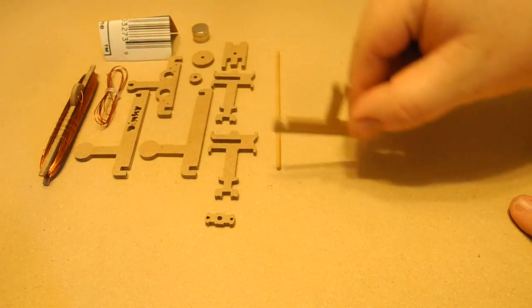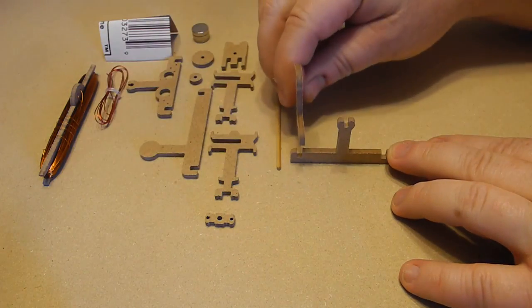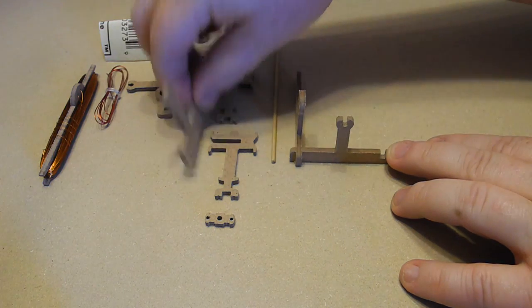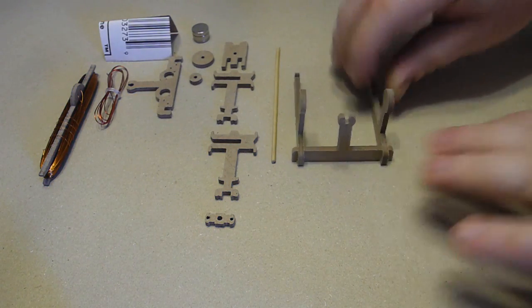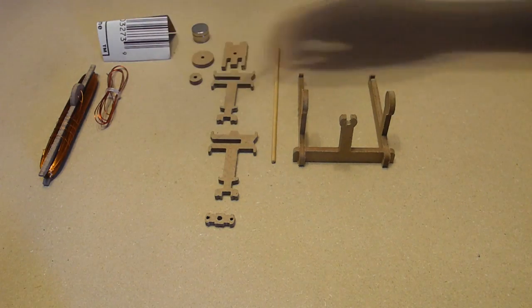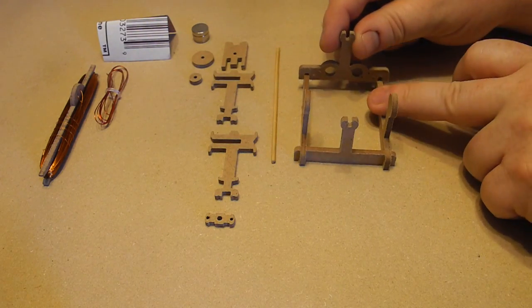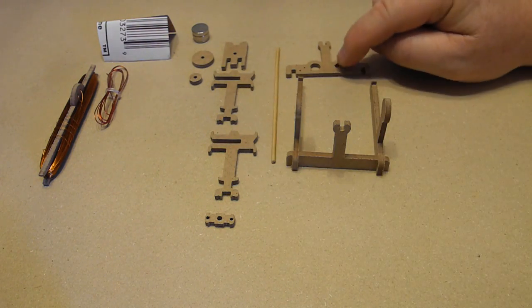So we're going to start with this piece here. Standing it up, you simply take the two magnet uprights and put those in place like so. You could glue this if you want, you don't really have to. And this piece will go in the end. I'm going to hold off on putting this piece in, however, because I'm going to attach the brushes on here